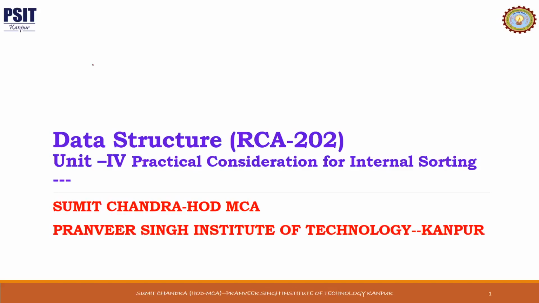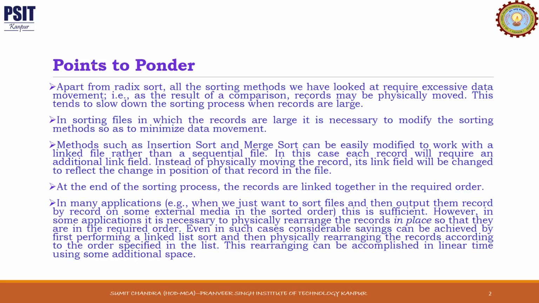Since we all know that any data or any file is stored in secondary storage, and to process that file or to execute some operation on that file, we have to take that file to main memory. But as we know, in a lot of sorting algorithms we have studied, a lot of data movement is required. So suppose a file is so big that it is not able to take the complete file into main memory at one time, then obviously a lot of disk movement is required there, which is computationally not cost effective. It is very costly.